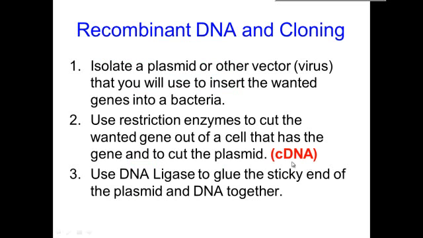Now, if you go back, I made a little thing here in red. It has to be cDNA, which is complementary DNA. The reason is, if you take a human gene for, let's say, insulin, and you put it inside a bacteria, if there are any introns in that DNA, that bacteria cannot copy the gene, cannot make insulin, because bacteria do not have spliceosomes, they are incapable of cutting out the introns. So you have to have the regular complementary DNA. So how they create that is kind of another issue.